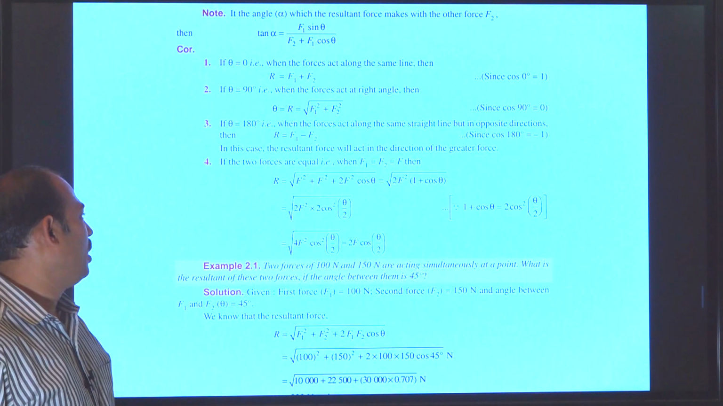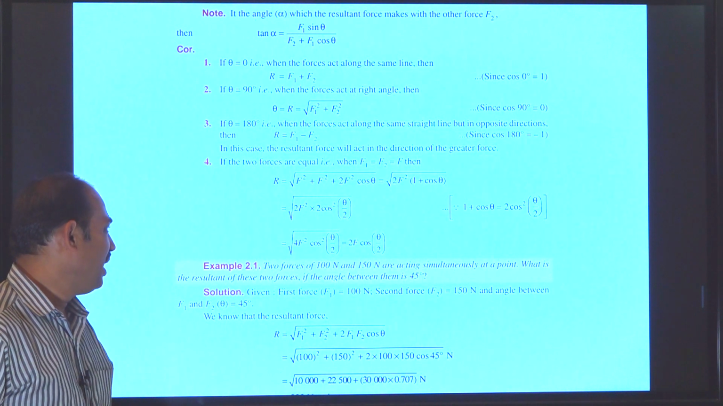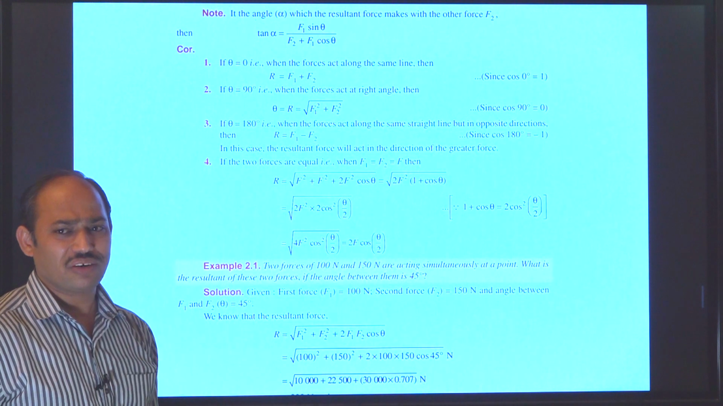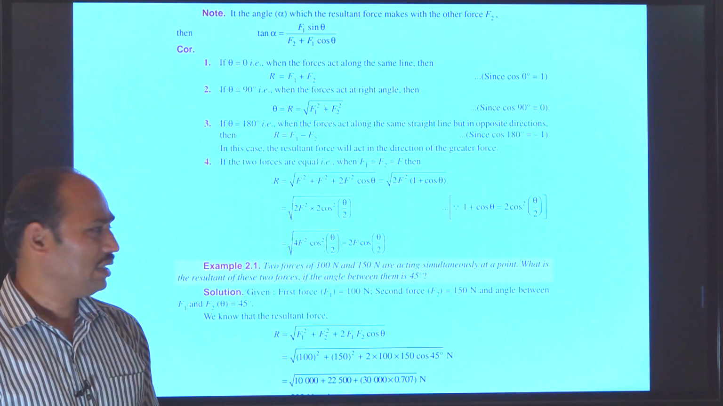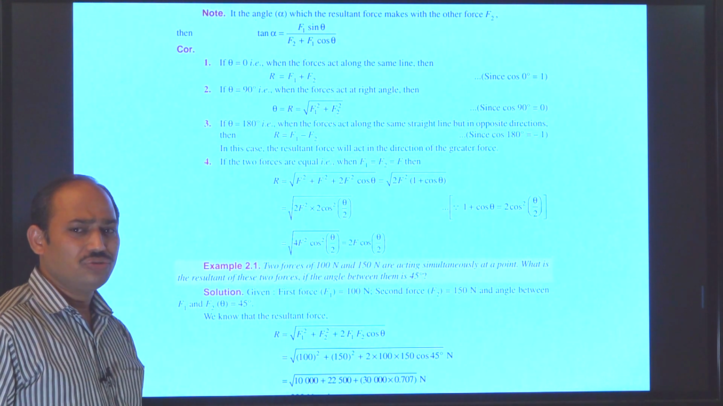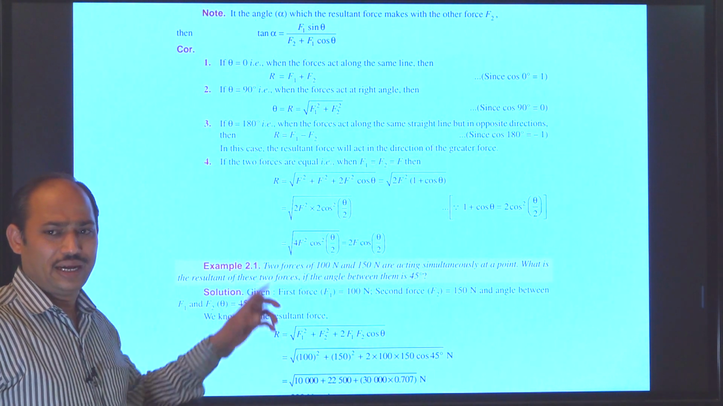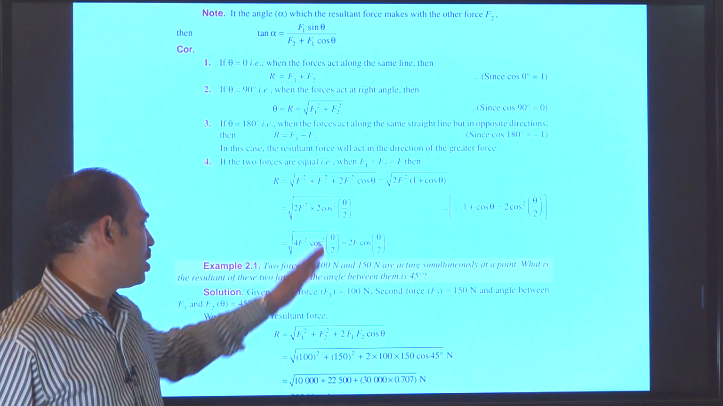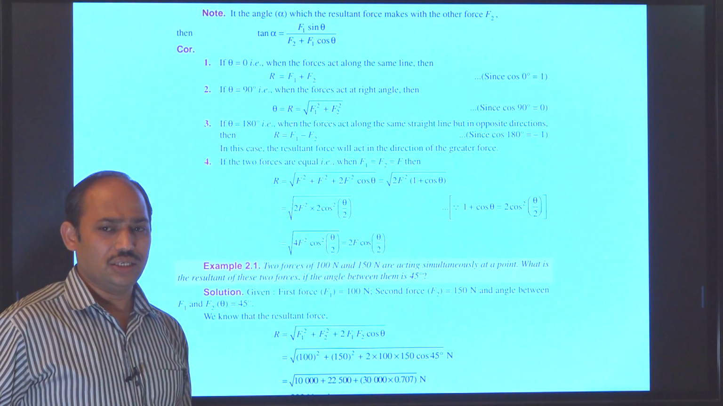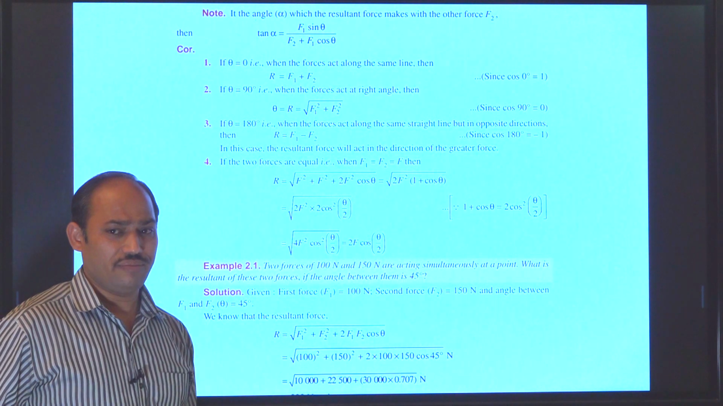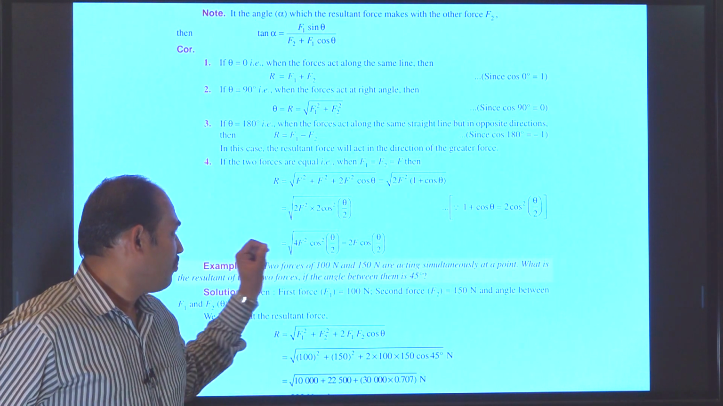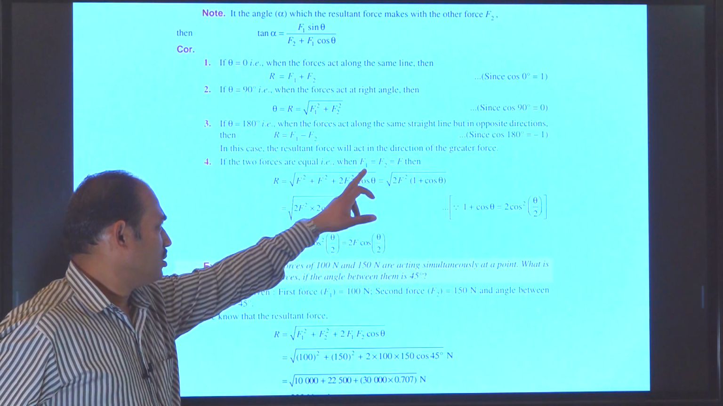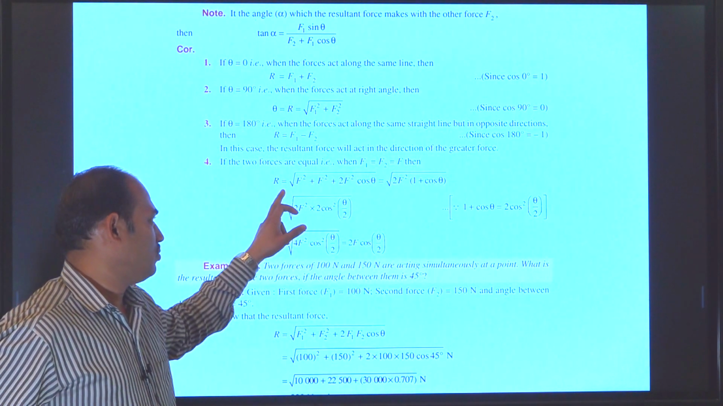Now, next, case number four. If the two forces are equal, that is, when F1 is equal to F2 is equal to F, then for the magnitude of the resultant force, we know that R is equal to the square root of F1 square plus F2 square plus 2 F1 F2 cos theta. Here F1 equal to F2 equal to F. Now substituting these values in the above equation,